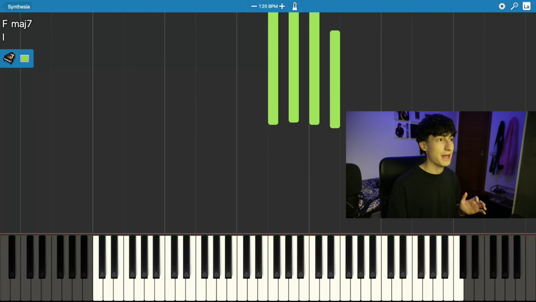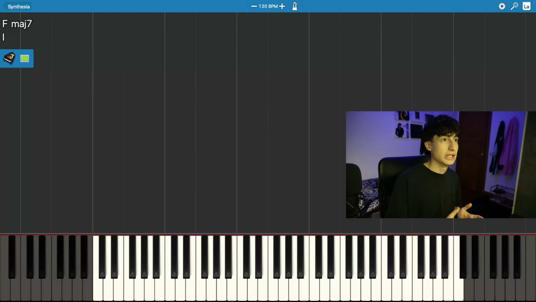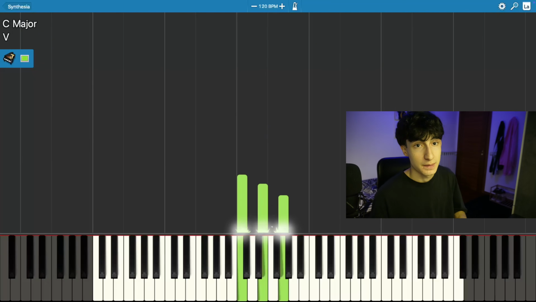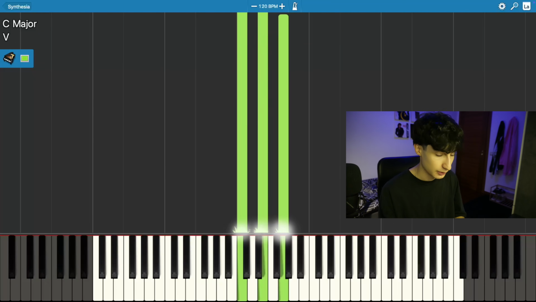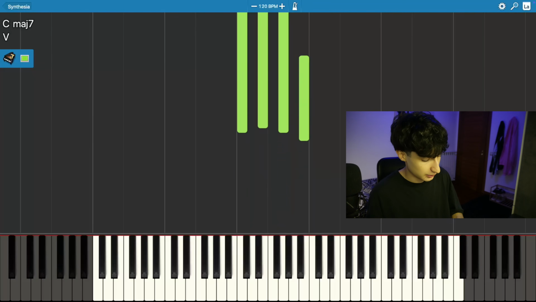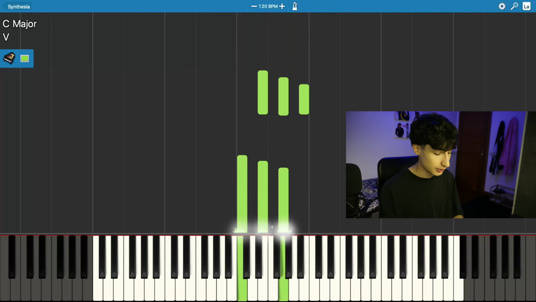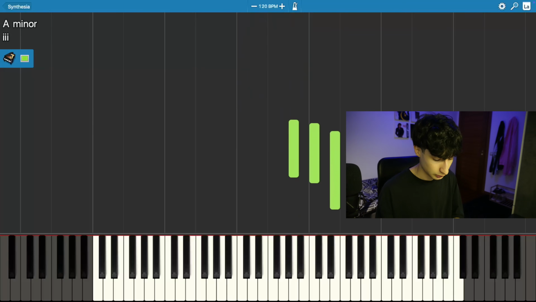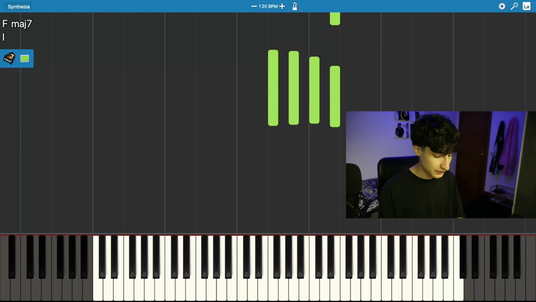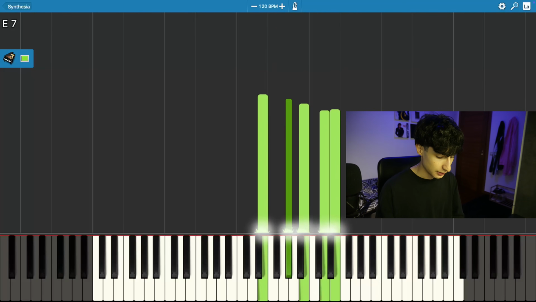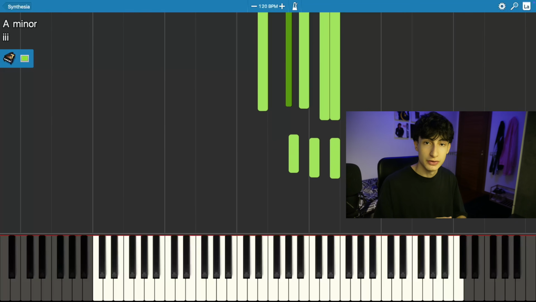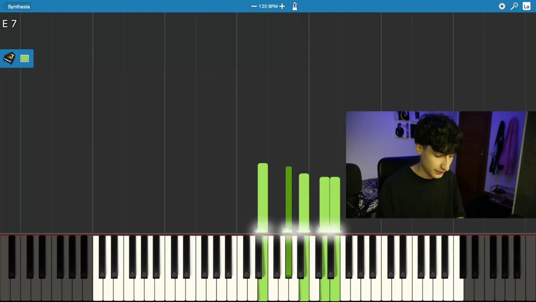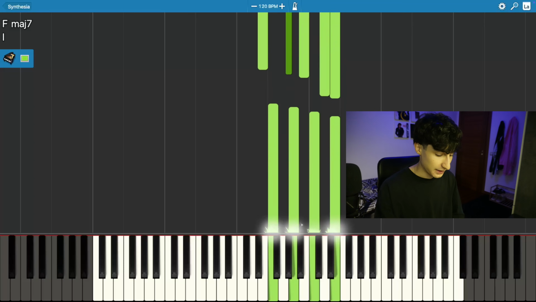So basically, you see that every minor chord has its related major seventh chord. Same way where C major, if I add B to it, it becomes basically a combination of E minor and C major. I can do the same with A minor. So basically, instead of resolving simply this chord here to A minor, I'm resolving it to F major seventh, which is very similar. And then what I did at the end,